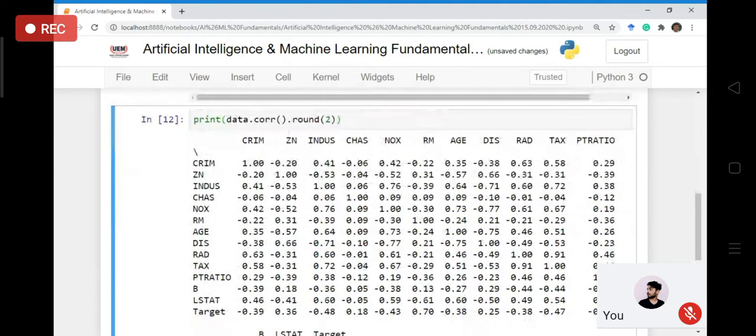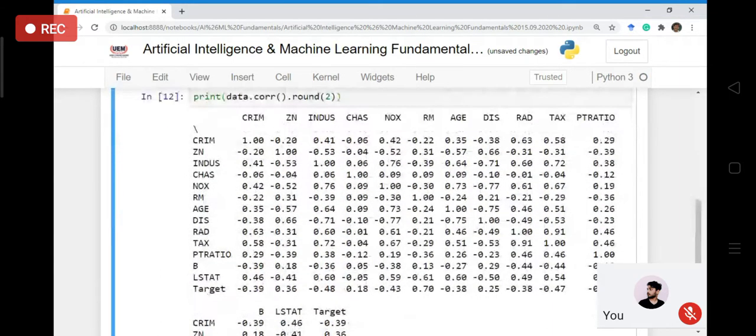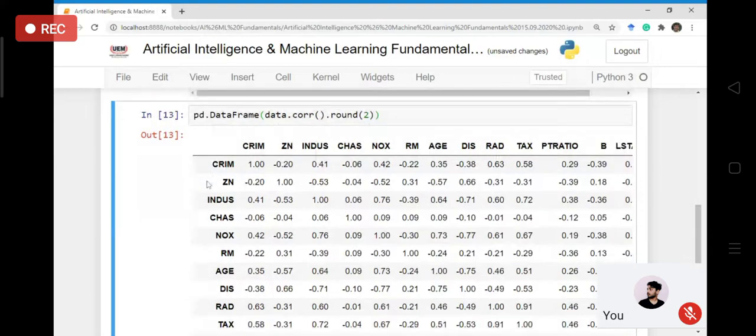But as you can see, this is not a very nice representation over here. So if you want to get a nice looking representation, perhaps I would like to convert it to a data frame. Then it will be easier for us to understand.